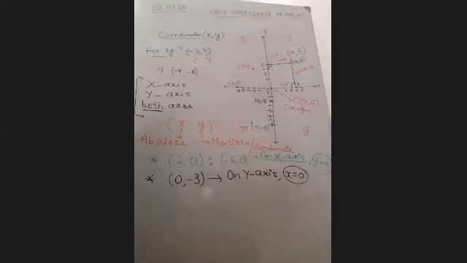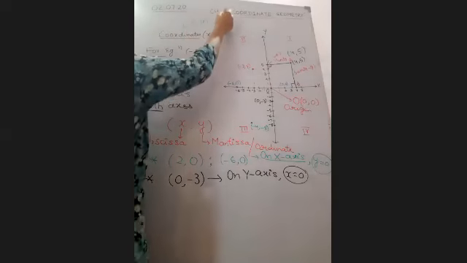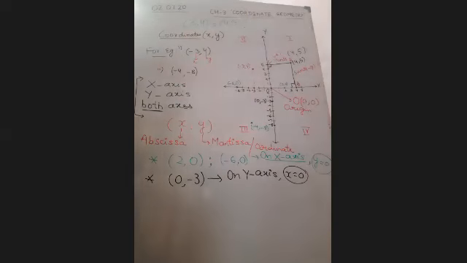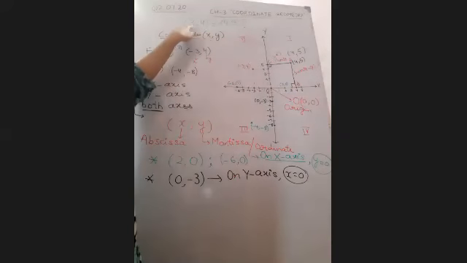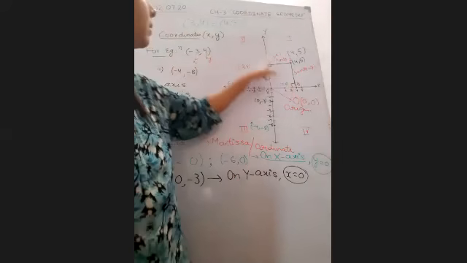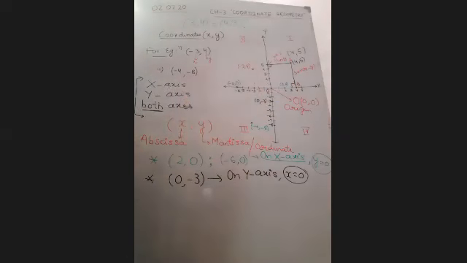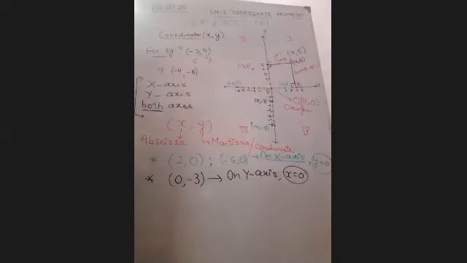अच्छा, one intelligent question to you. Can I say (3, 4) is equal to (4, 3)? No, ma'am. (3, 4) means 3 is on the x-axis. (4, 3) means 4 is on the x-axis, 3 on the y-axis. Are they going to be equal? No, ma'am. They cannot be equal. Clear, children? Children, are you please clear? Yes, ma'am.